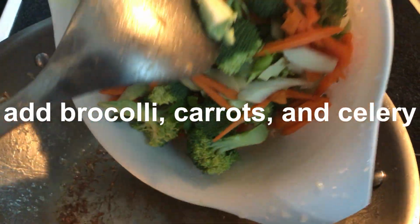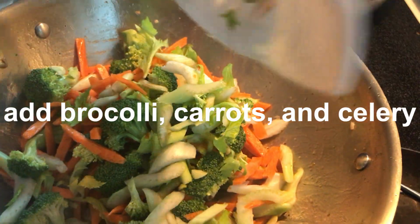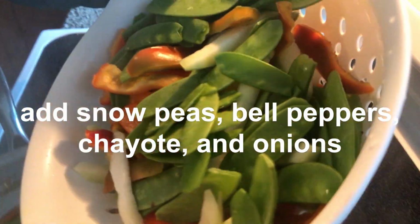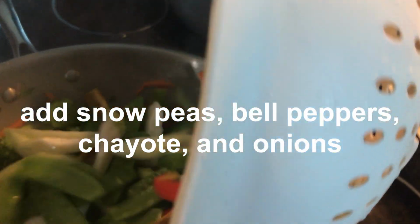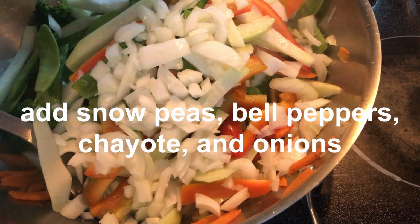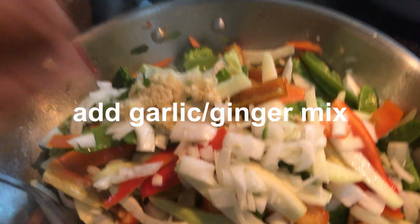We're adding the broccoli, celery, and carrots. So we're adding the snow peas, bell pepper, and Christophine. Onions, garlic and ginger,